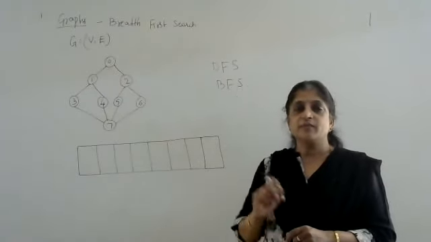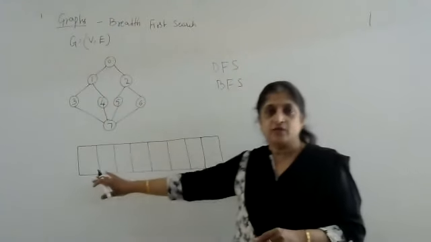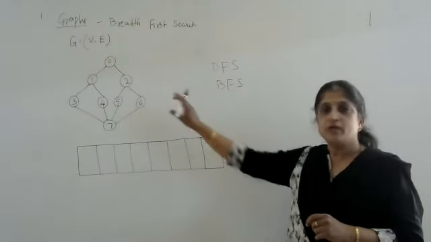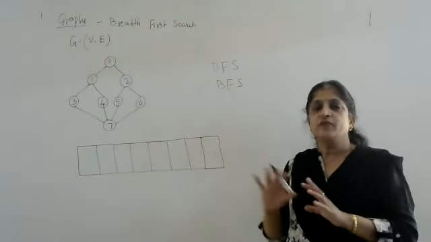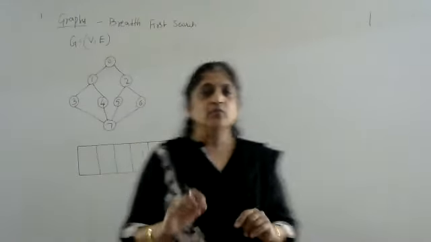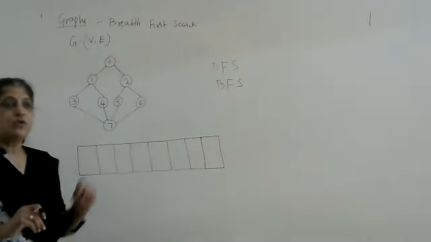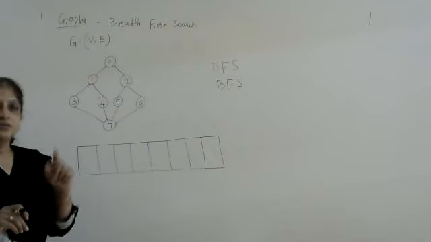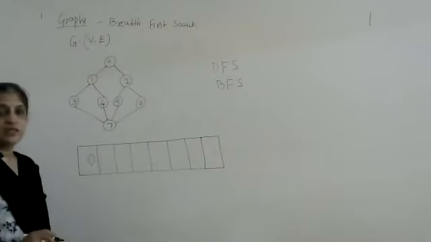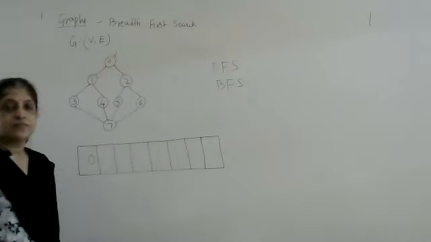When we are performing the breadth first search, we make use of a queue. Here we have a queue which we are going to use. Now we start from the vertex 0 and currently we have not visited any vertex. So none of the vertices are visited. Now let us start from 0. When we start from 0, we insert the 0 vertex in the queue and mark that 0 as visited.